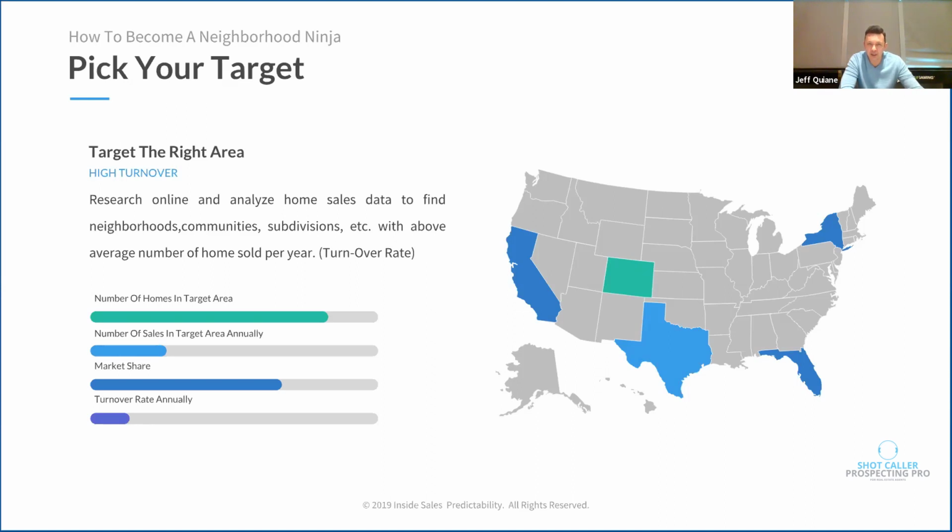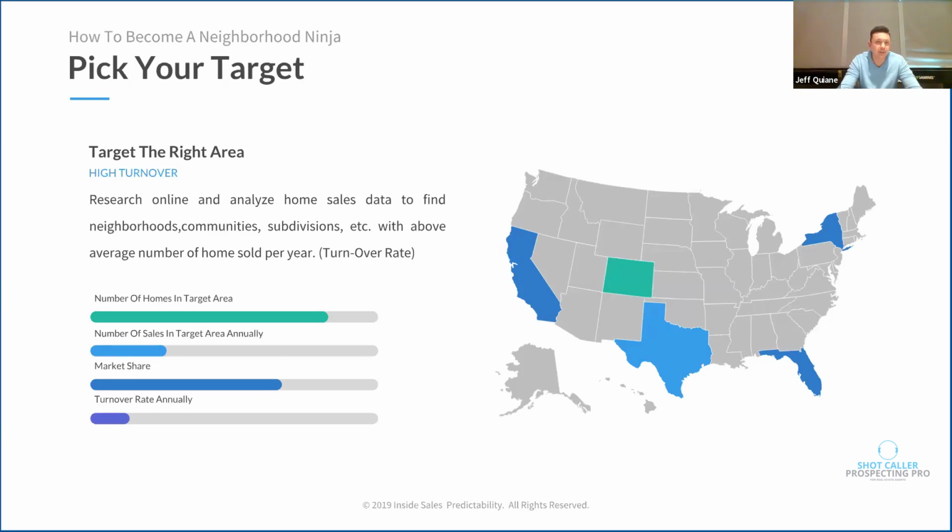I would also suggest finding out who has the market share in those areas, to ensure there is room for you to capture some. If somebody is the 500-pound gorilla in a neighborhood and has 95% of the market share, is it worth investing the time and resources to try to get that 5%? It's going to be a fight. You might be able to get it. But if there's another area where the dominant agent has 50% market share and the other 50% is wide open, spread amongst a number of amateur agents, then that's an area where there's definitely room for me to gobble up